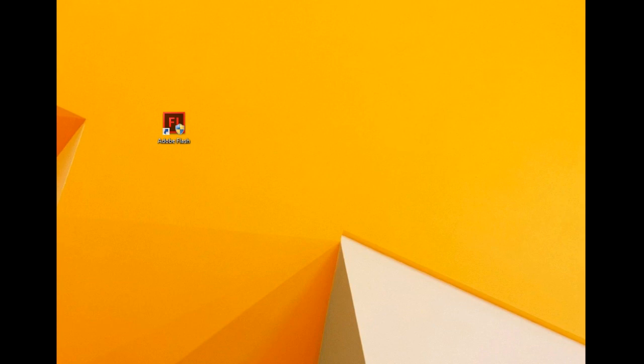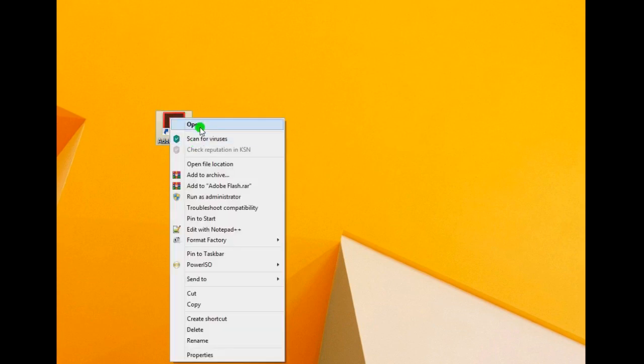Okay, you know how to open the program. Just double click on the shortcut icon and the program will be opened, or click and open.